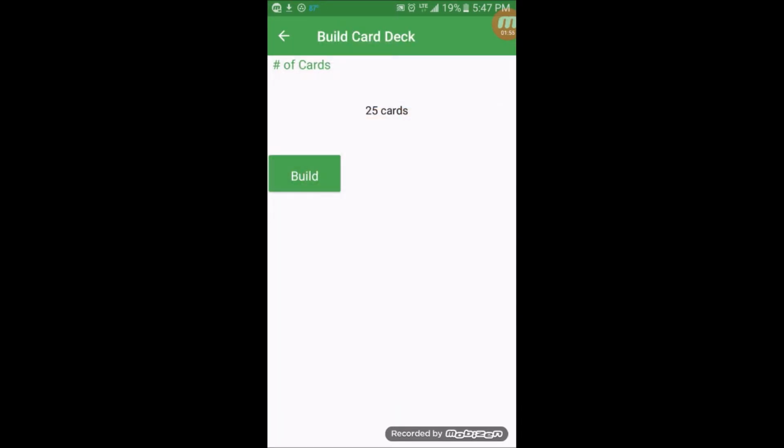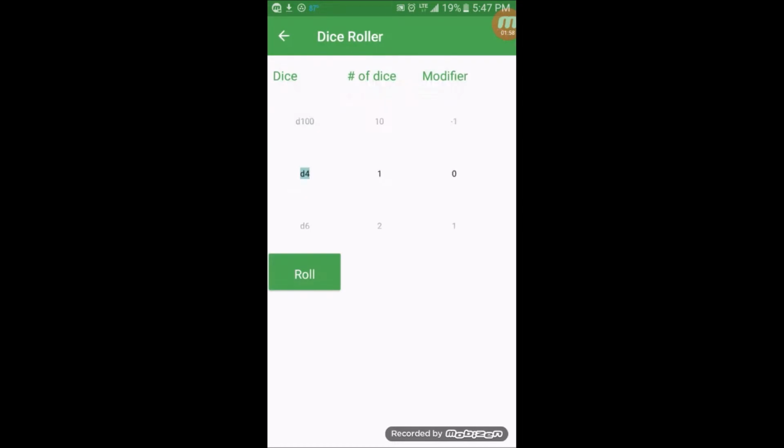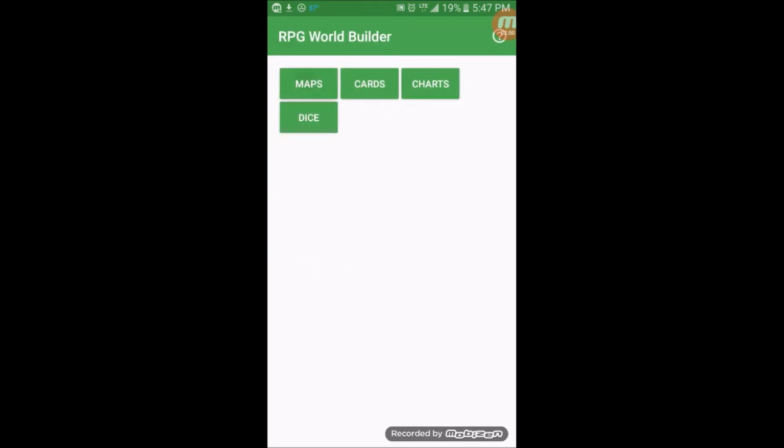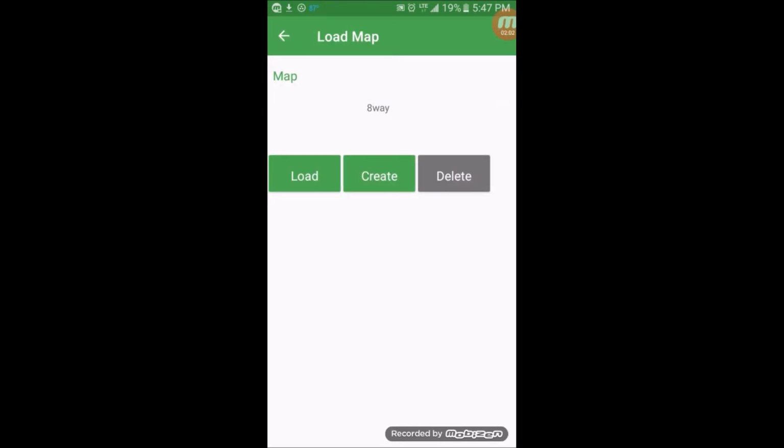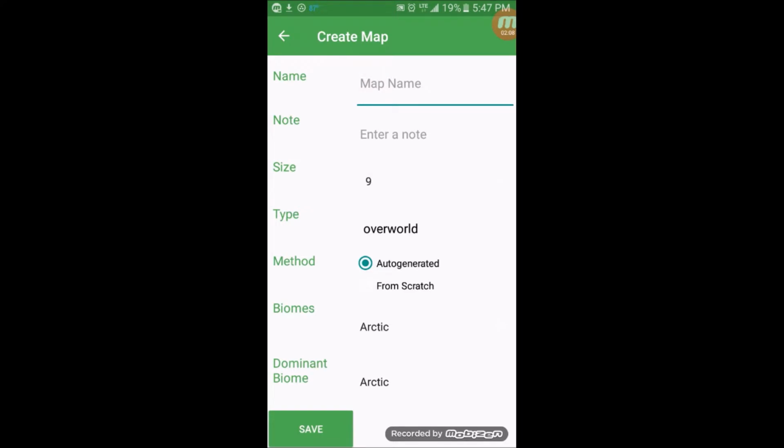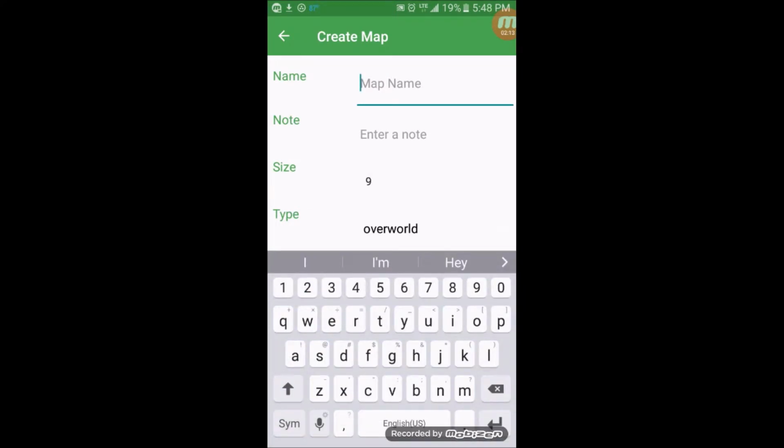The second thing I'd like to show is the additions to, not the dice roller, to the maps. I've already done a test map, and what I'm going to do is create a new map. So we showed off the 4-way maps before. I'm going to make a new one, and I'm going to call it yay, and I'm going to enter a note, danger,